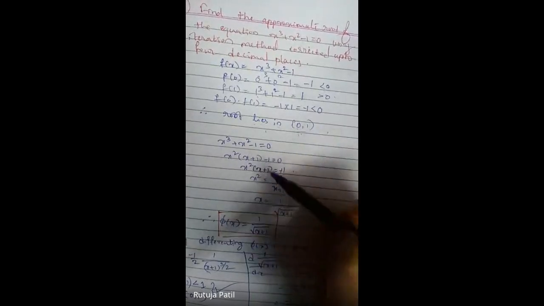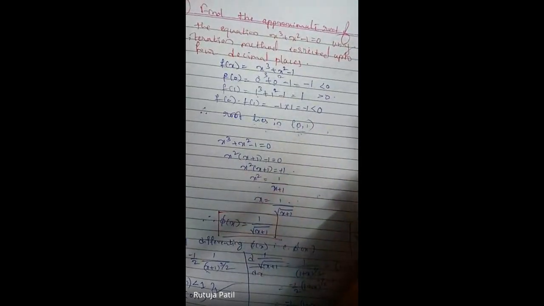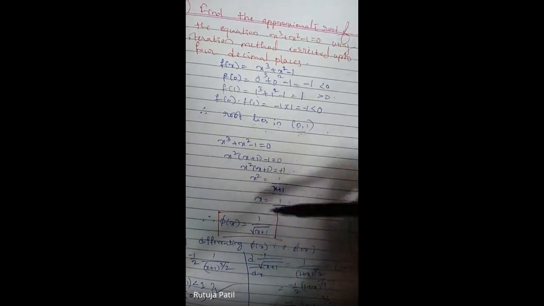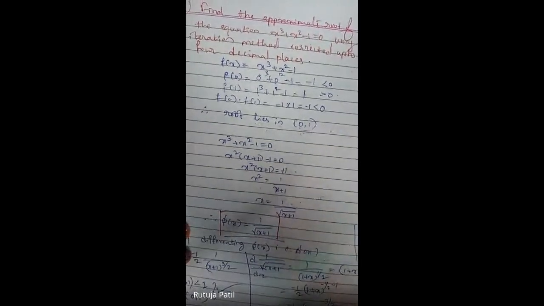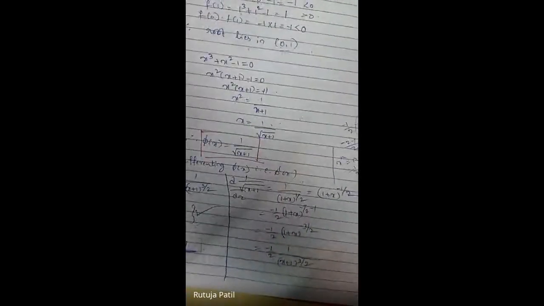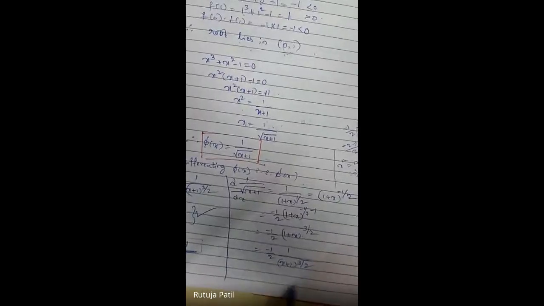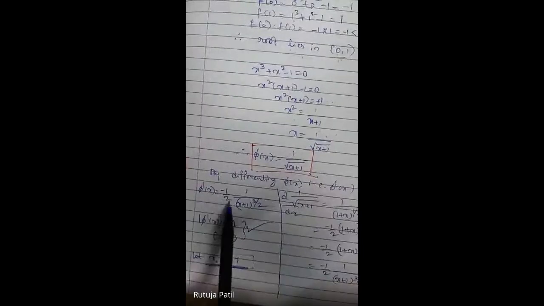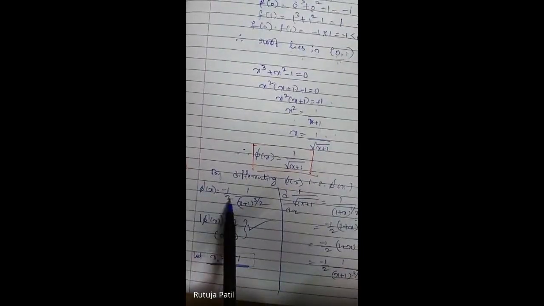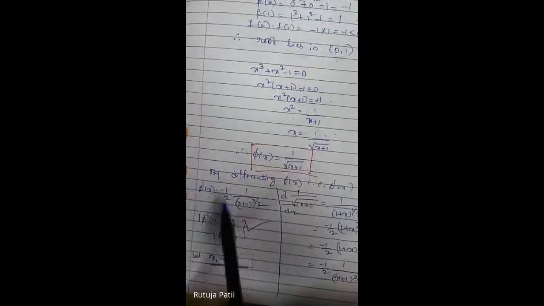Now the next thing is we have to convert the given equation in the form of x equals to, because we have to get the psi of x. So when I converted this, I got x equal to 1 by square root of x plus 1, that is nothing but my psi of x. Now when we have psi of x, we need to find the differentiation of this. So this is the procedure I have followed, and we have got the psi dash of x. This psi dash of x is just to check whether the interval values we have considered are right or wrong.